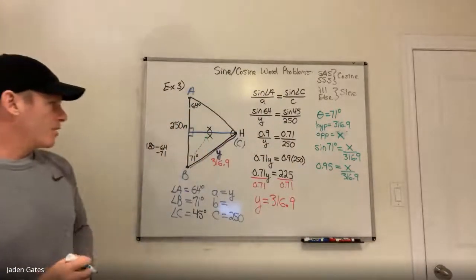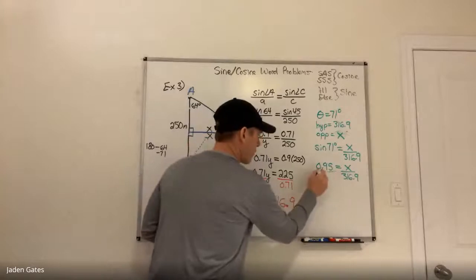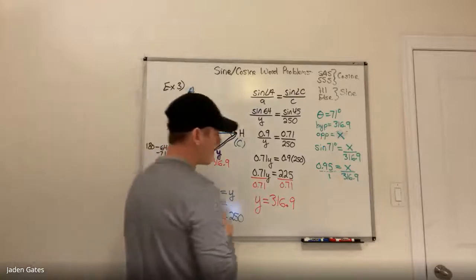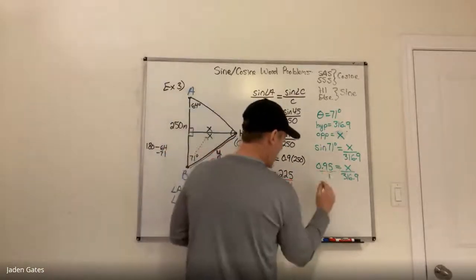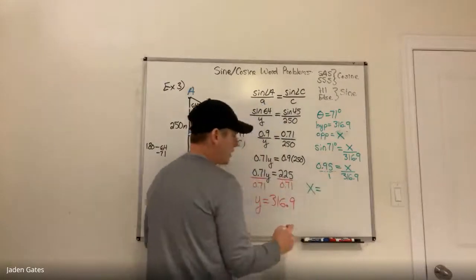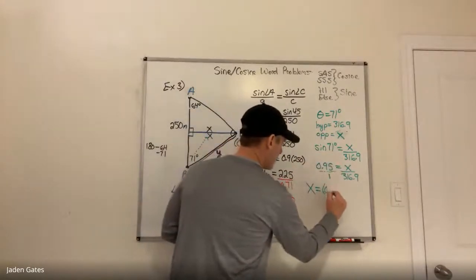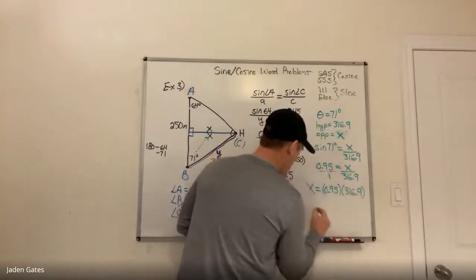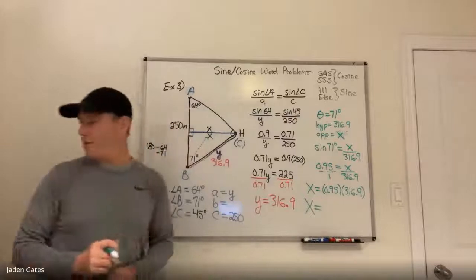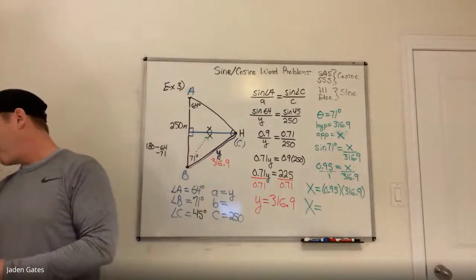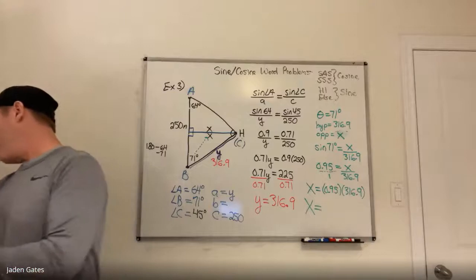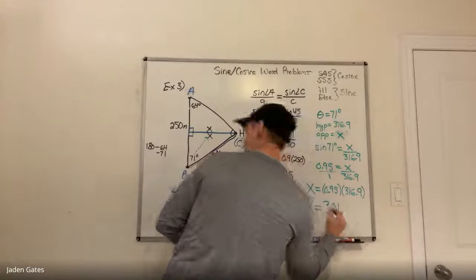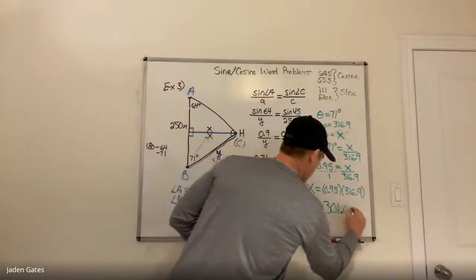All right, and again, what I like to do here, it's the easiest thing, create a fraction equaling a fraction, so that I can just cross multiply like I did with the sine law. So I have 1 times x, which is x, good, is equal to 0.95 times 316.9. Woo! Just in time, getting enough room here. I type that in, and so the smallest cable, which is going to go straight from the house to the property line, is going to be 301.06